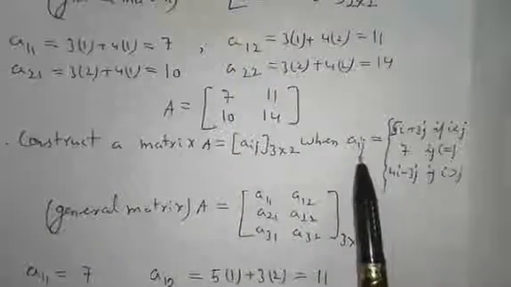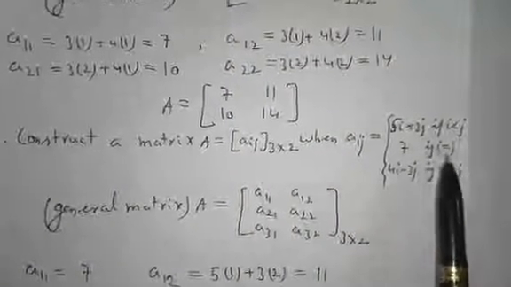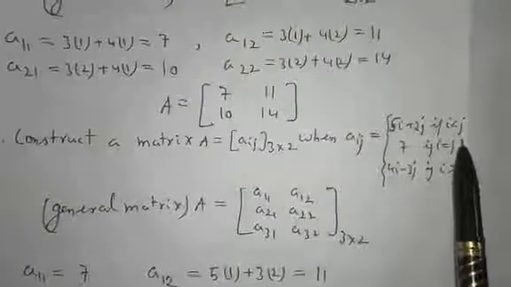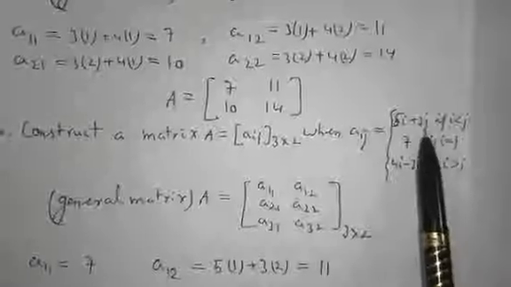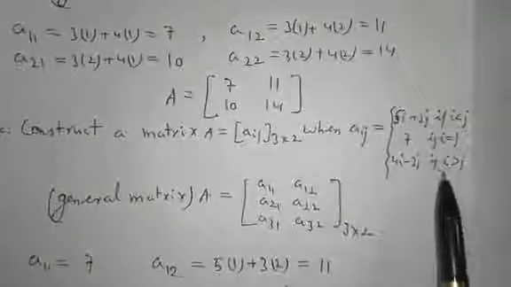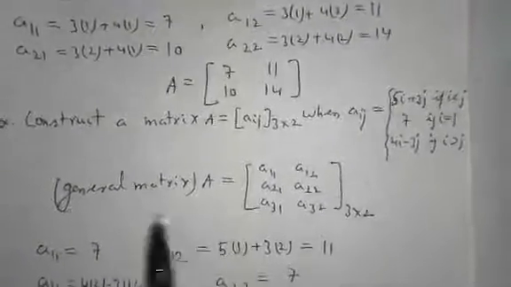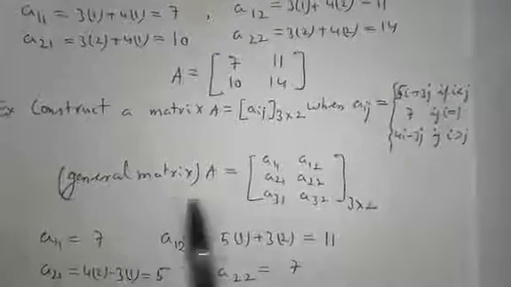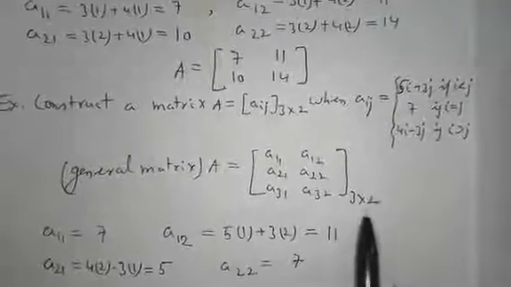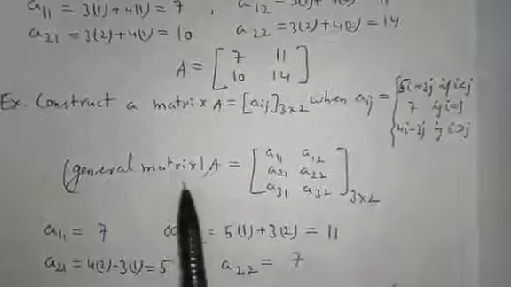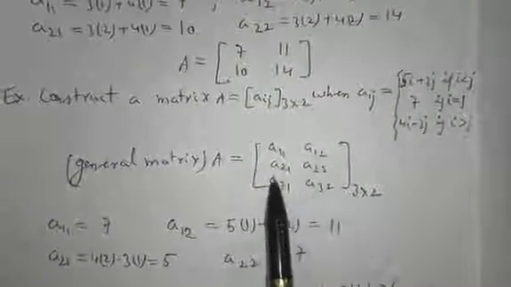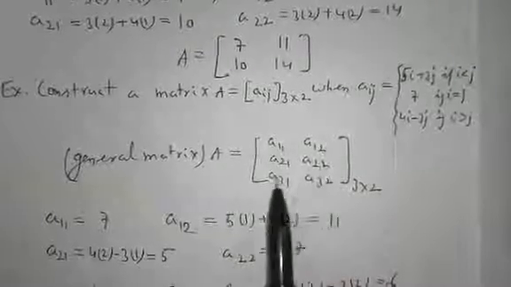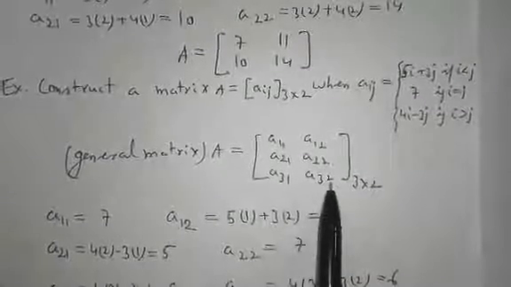The general element is defined and we will decide for calculating the general element in which situation or in which case we are. So that's why we are going to calculate a matrix of order 3 into 2. The total number of elements will be 6. So first of all we write the general matrix. This is A11, A12, A21, A22, A31, A32.